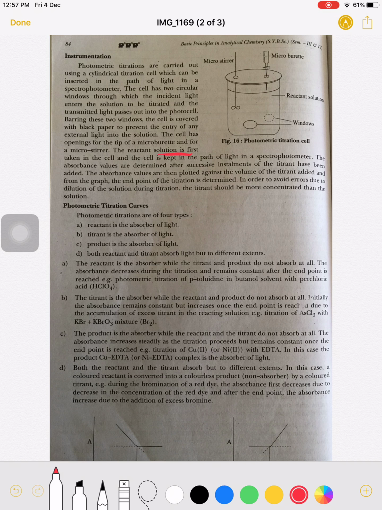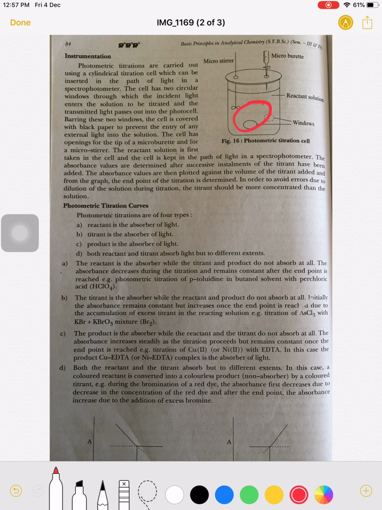Now we are taking the reactant solution. The cell is kept in the path of light. The absorbance values are determined after successive installments of the titrant have been added. So what we do here: in the titration cell we take the reactant solution, and with a certain